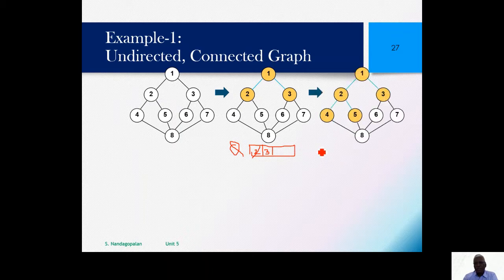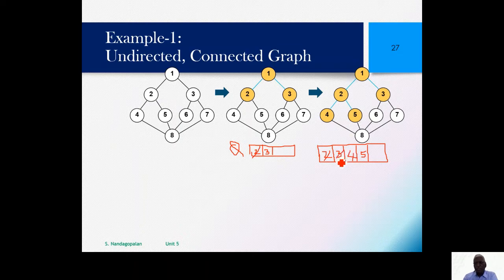Yeah, you can see here, this is the corresponding figure. So I have already deleted 2, because of which I have got, now remember 3 is already there in the queue. So 4 and 5 are the new vertices. So we have put them into the queue because they have not been visited yet. And now these 2 are the 2 vertices which are visited. And we need to now start deleting from the queue, that is 3.